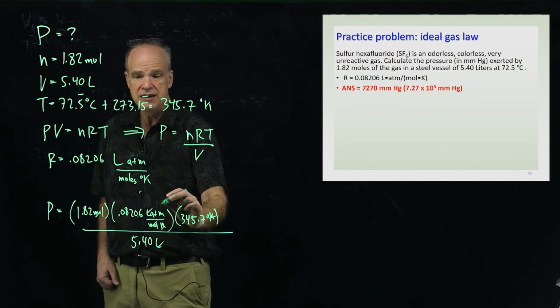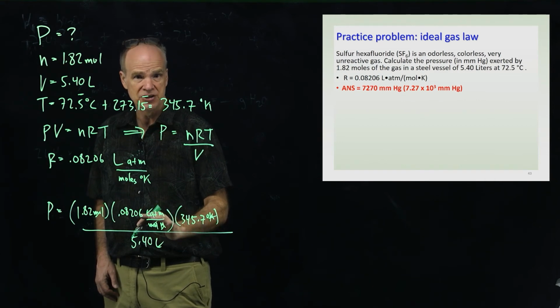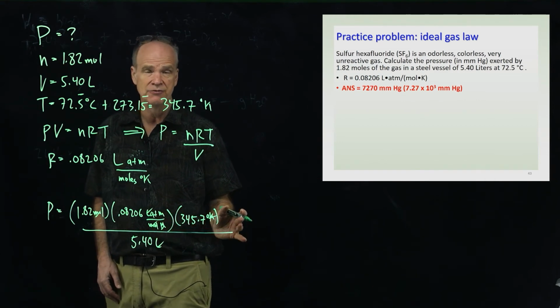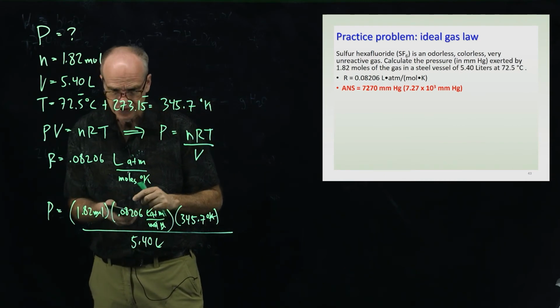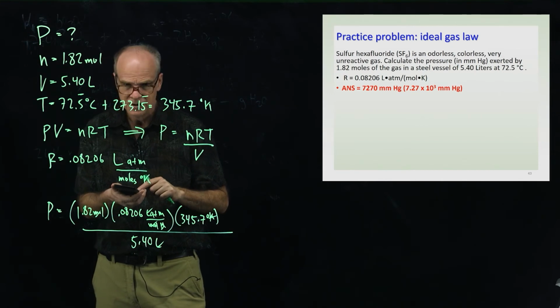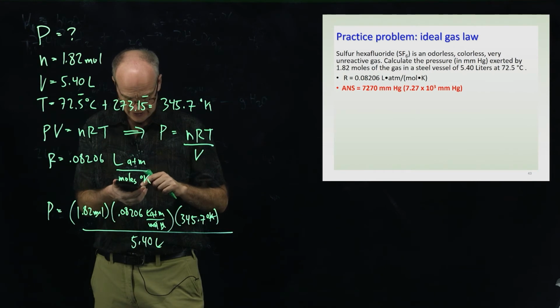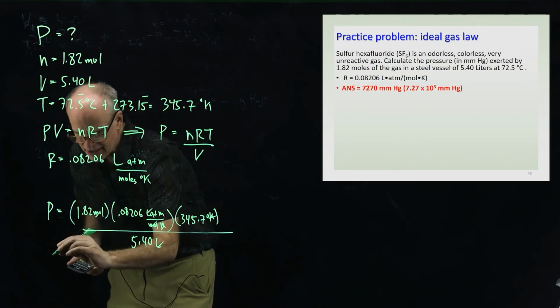And so when we plug in these numbers into PV equals nRT, we'll get a pressure in atmospheres, which we'll have to convert into millimeters of mercury. So let's go ahead and work that out. So it's going to be 1.82 times 0.08206 times 345.7 divided by 5.4. And I get for a pressure